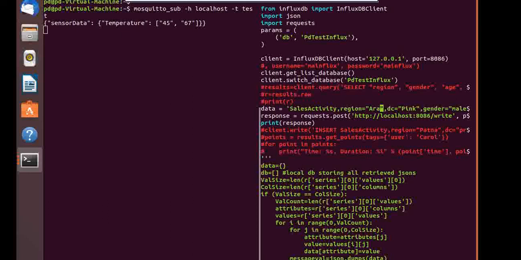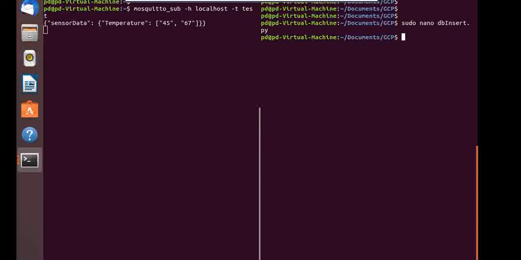The region I will just put as Hyderabad, and DC as my name, something like Prashan, gender male, and I will insert the data as 25, something like that, and then buying true. So this program I have saved, and then I will run it, python db insert dot py.